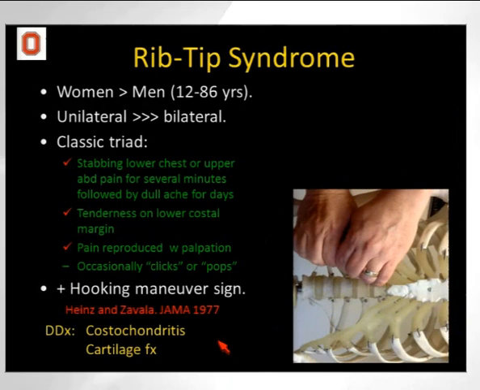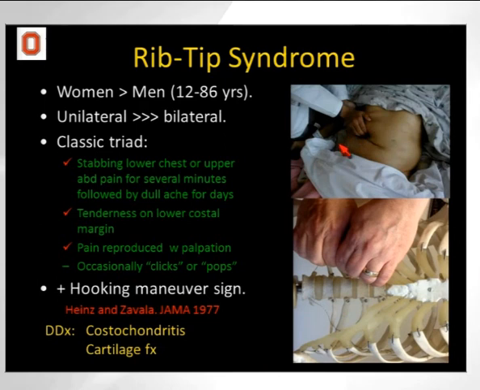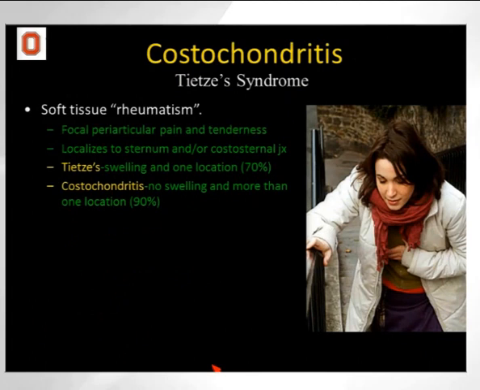And the way you make the diagnosis is through clinical examination. You put the asymptomatic side down, you grab onto the costal margin, you pull up. Occasionally you'll feel a click or a pop, but you can recreate the pain. Now, costochondritis and cartilage fractures are the main differential diagnosis. Costochondritis is very, very common. In fact, in family practice literature,